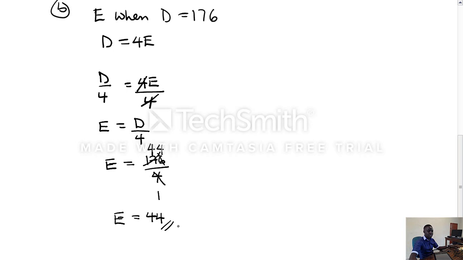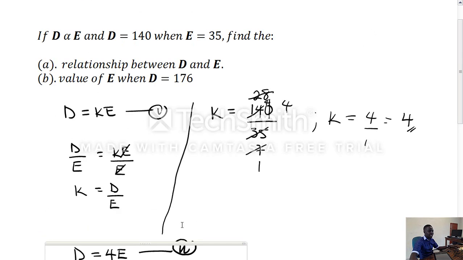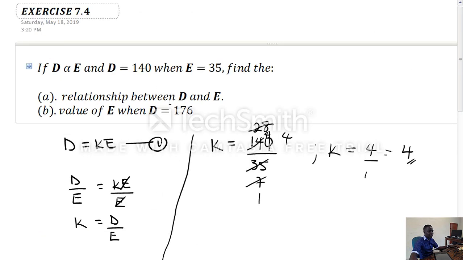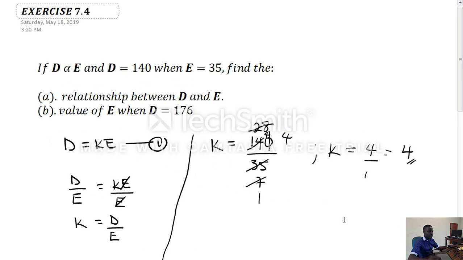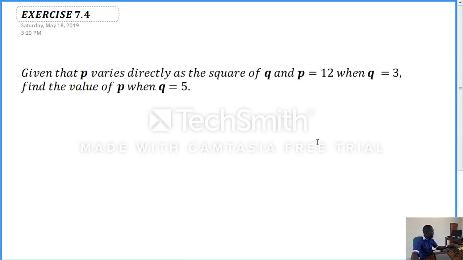Now if you look at it, you actually see that they vary directly, because as D increases, E also increases. D was 140 when E was 35, and when D increases to 176, E also increases to what? 44. So this is what we mean by direct variation. Next, we are asked to